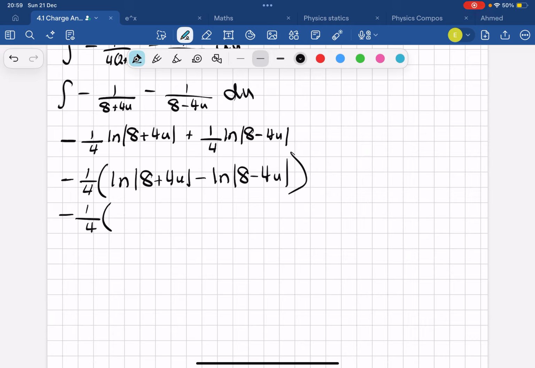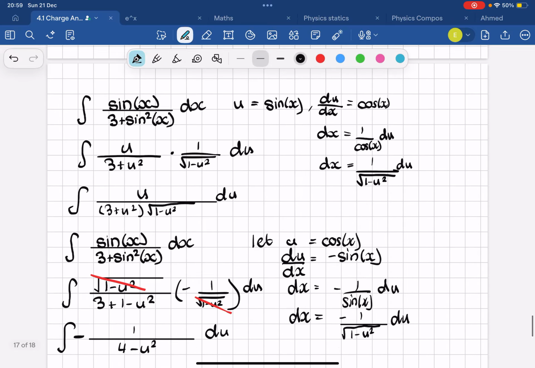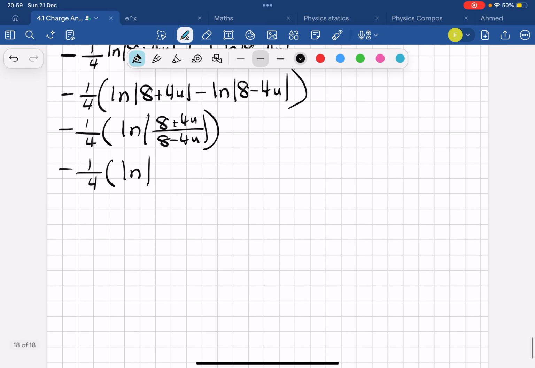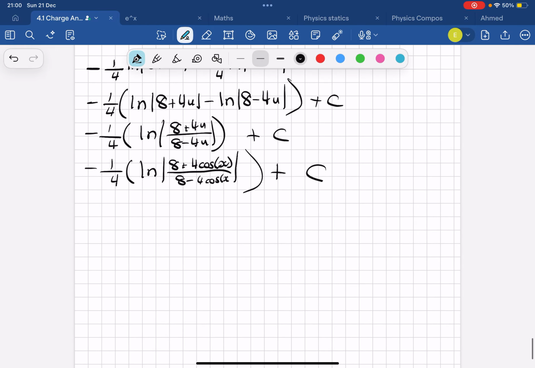Combine our ln terms, so we've got ln of 8 plus 4u over 8 minus 4u, and then if we substitute our u back in, and u is cos x, we have minus a quarter ln of 8 plus 4 cos x over 8 minus 4 cos x. Well, that is our integral complete. Thank you very much, guys. See you in the next